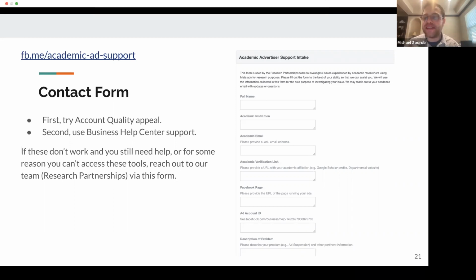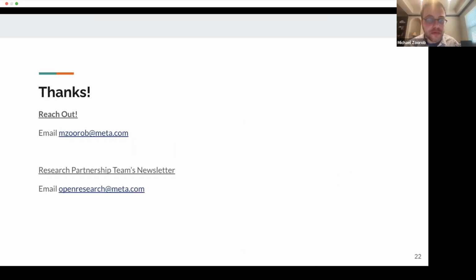So use your judgment. If you're stuck and nothing else seems to work, this is a way to reach out to the folks on the research partnerships team, and we can see if we can find people internally who can help resolve the issue. And we've gotten reasonably good at it. So it's one of the ways that we add value for academics.